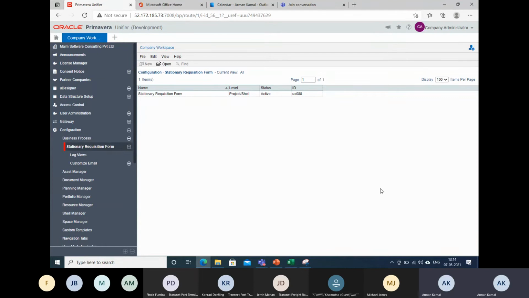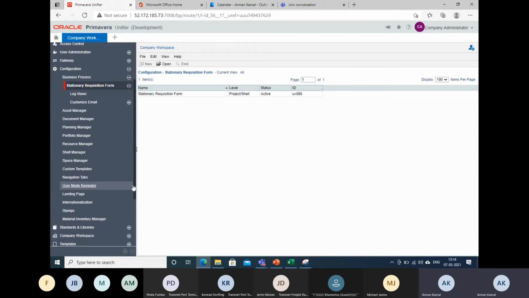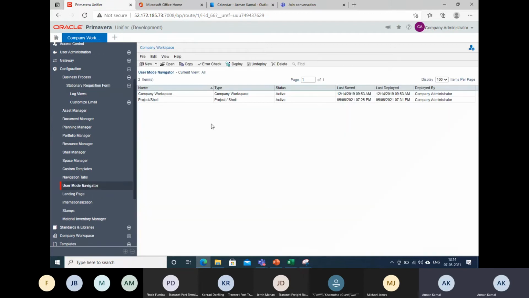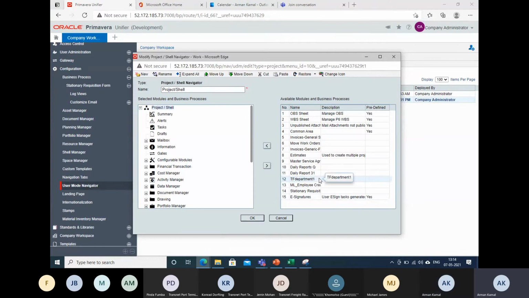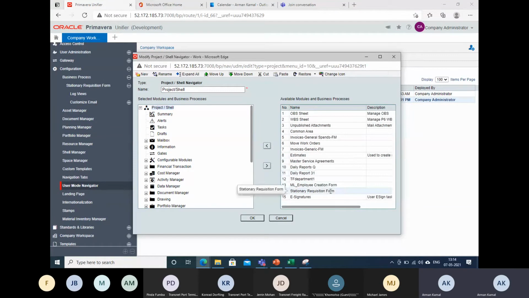The second step is that you need to activate this for your screen. How to do that? You have to go to the user mode navigator, go to the project cell and click open. You can see that this stationery requisition is lying here in available, but it is not there on the left side.